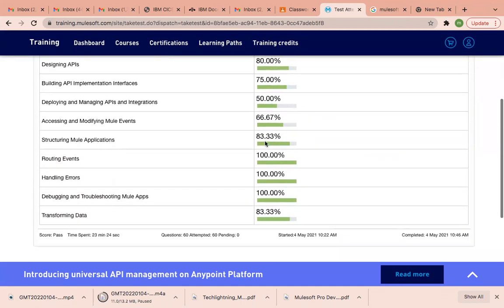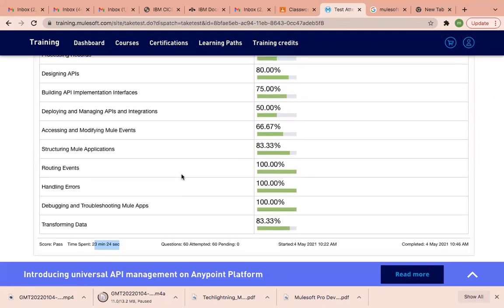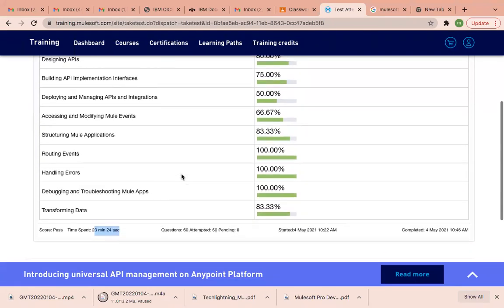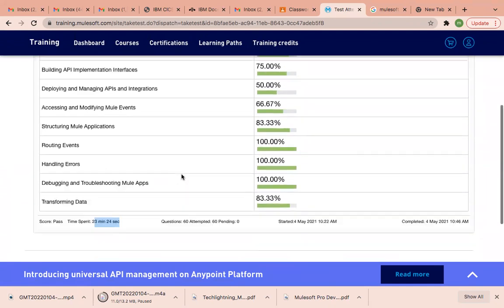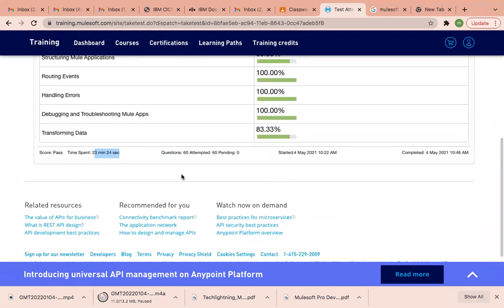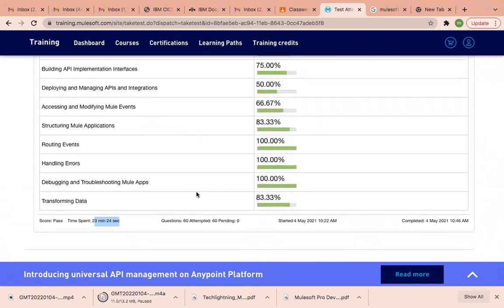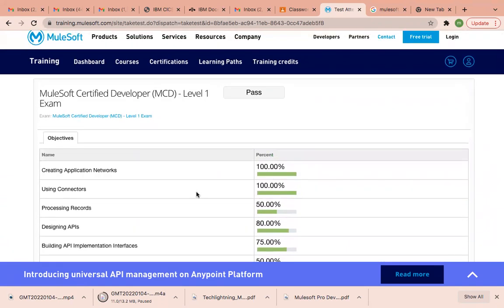Earlier also 1 hour 20 minutes, but I finished in the span of 23 minutes. It wouldn't take that long even with the answers I gave you. You just go with my questions and answers so that you can crack the exam very easily. Any negative marking? No negative here.